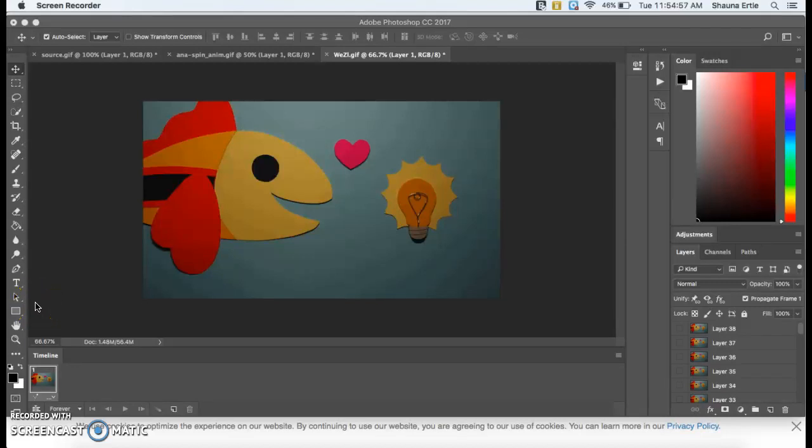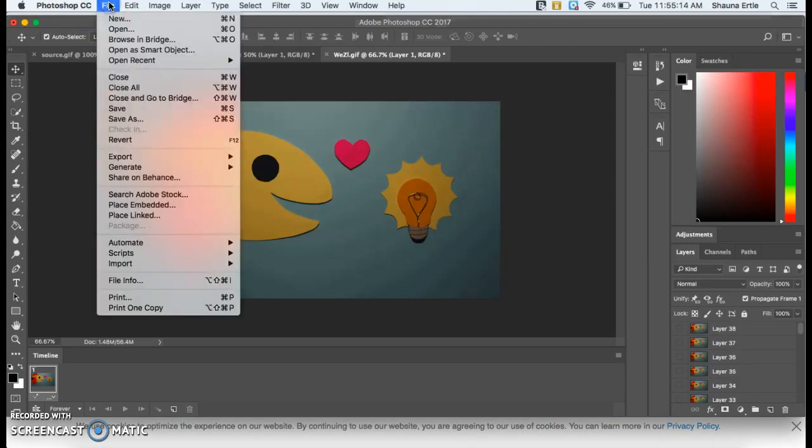Getting started in Photoshop with stop motion, you should have your pictures already taken. Just make sure that when you took them you were using a tripod so that everything was lined up, so that your pictures are not moving out of place. But to get your pictures into Photoshop, you're going to start out and go to File and then down to Scripts